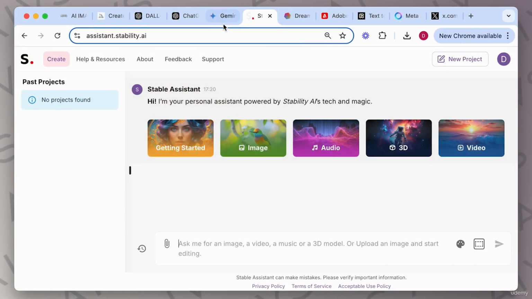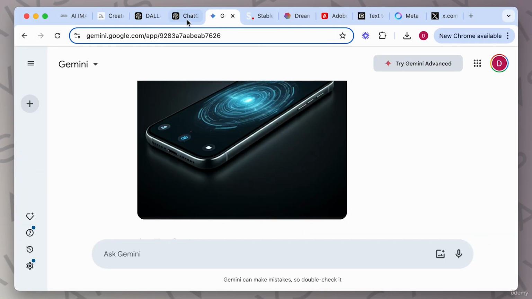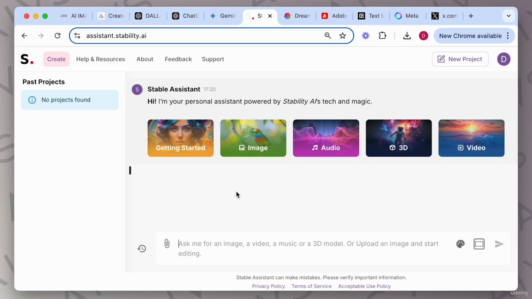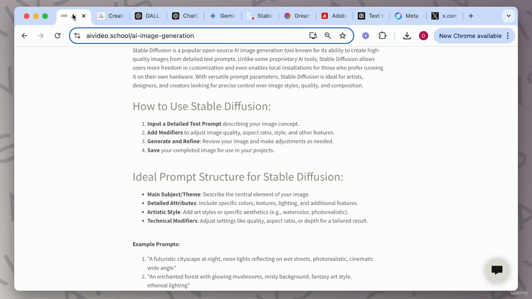Next AI tool I want to show you, unlike Gemini and DALL-E, is actually specifically for AI models. It's known for image and also video and audio and things. You can see the options here. If you need to come to there, go back to our page,